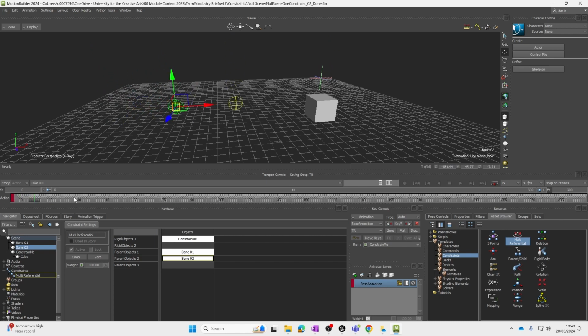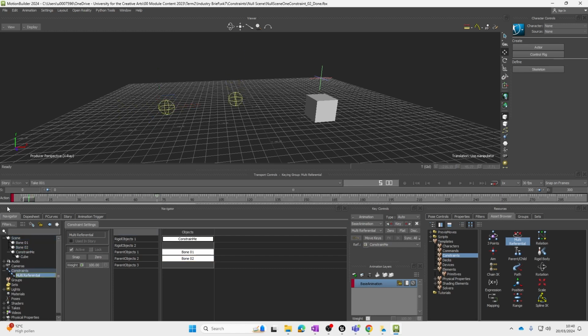And the reason nothing's happening is that we can now control what this is constrained to from this menu here. So it's in the key controls section. And by default, it's constrained to itself, which means basically it's not constrained to anything. So that's the equivalent of, yeah, not constrained to anything. But we can click on this and we can pick the object we want it to be constrained to. So let's go through and let's just say